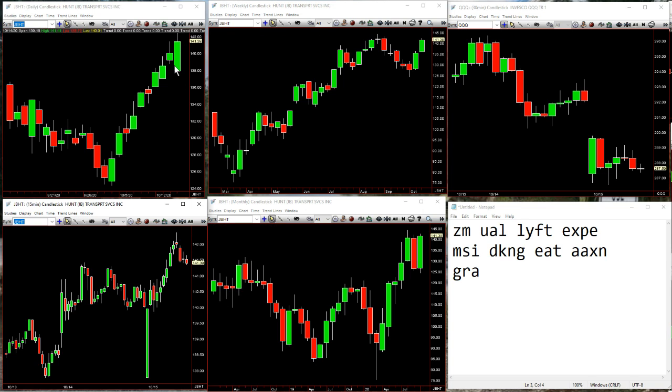So the problem with the outside bars is it's a broadening formation. If you're going to come back through it, that's something we want to know about too, right? Once you get back into that range. Right now, broader averages, keeping an eye on, it's just a little quiet. OM.